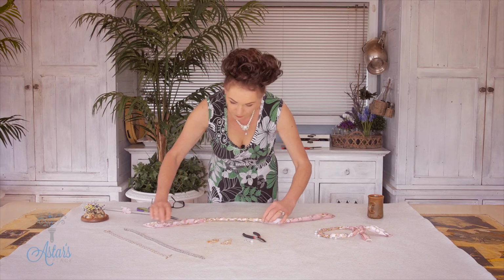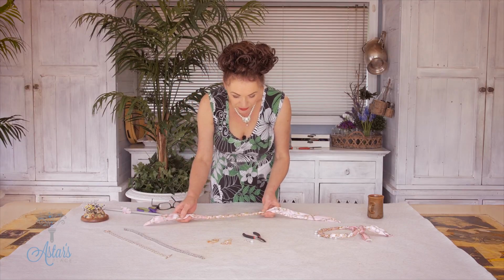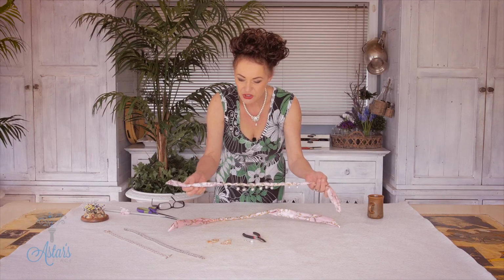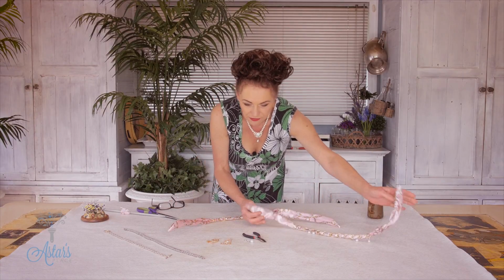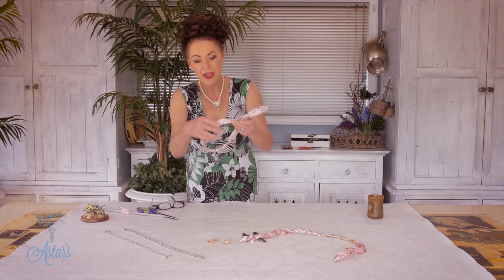So if you want to have a longer tail and a shorter tail, then just adjust those at that stage. And I think with this one here, yeah, I've got equal lengths on either side. Right, from there, if you can leave it as it is to just put around the neck and tie, like so,